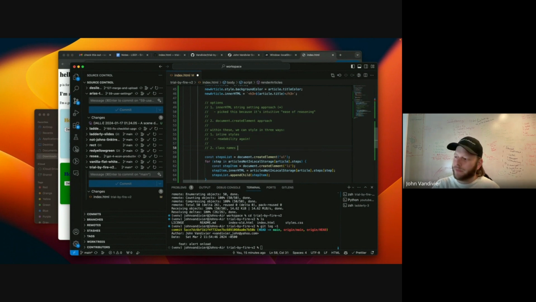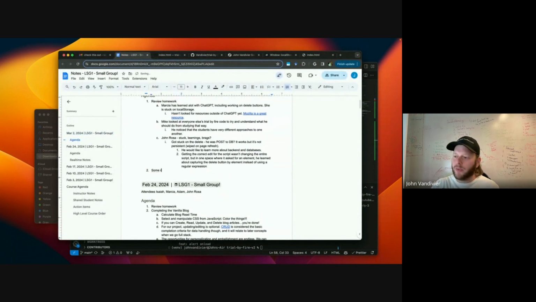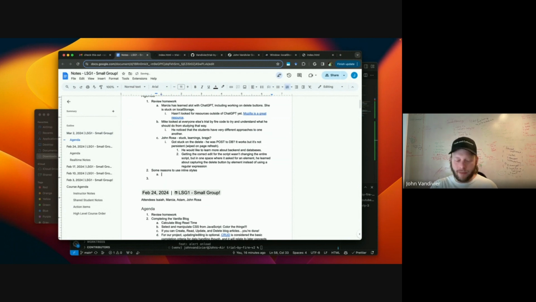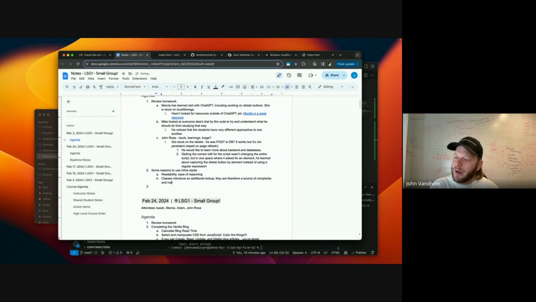Let me put in the notes before I forget all these. So some reasons to use inline styles. There's a bunch of reasons not to, but we're talking about the reasons to do it. Readability, ease of reasoning. Classes introduce an additional lookup. They are therefore a source of complexity and may be an extraneous abstraction.